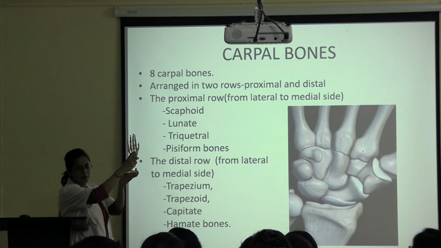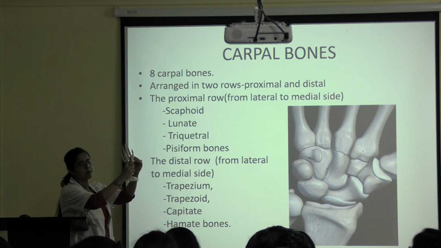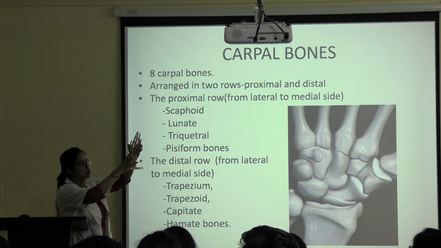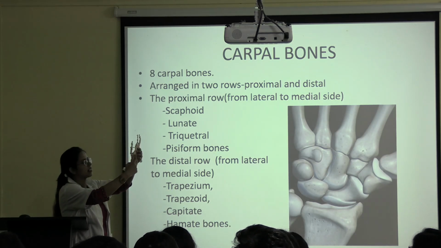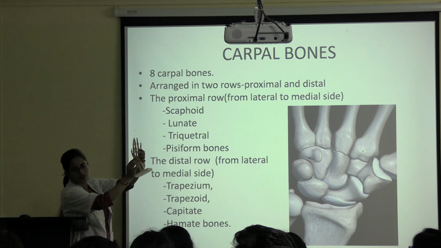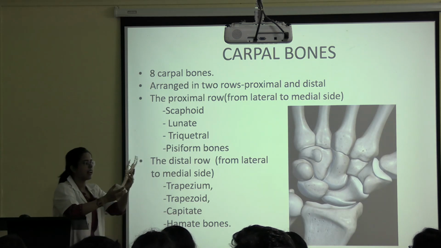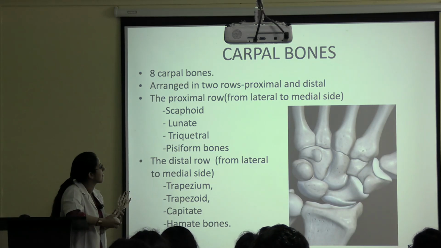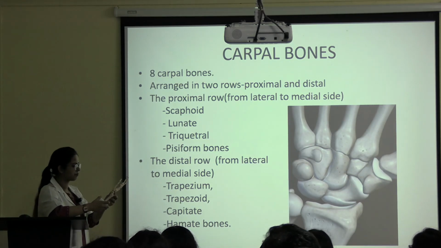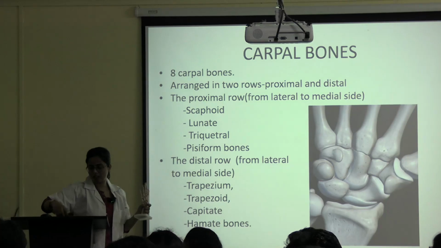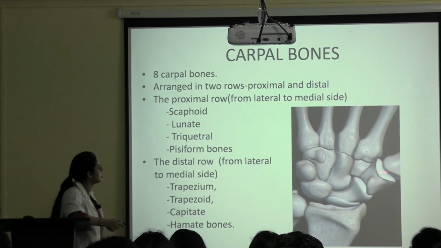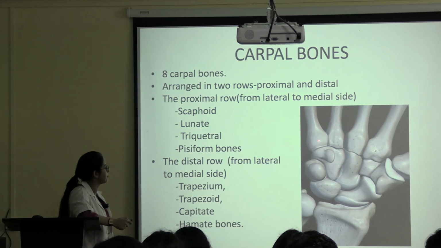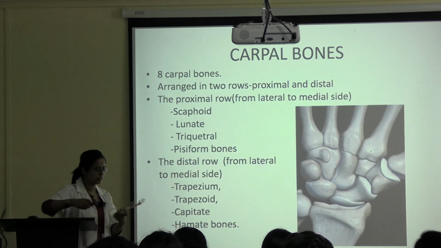And this is the third metacarpal, which is characterized by the presence of a styloid process. This is the styloid process, which is present dorsally and laterally. It is articulating with capitate. Clear? And similarly, this is the fourth one articulating with hamate, and fifth one articulating with hamate. Okay?